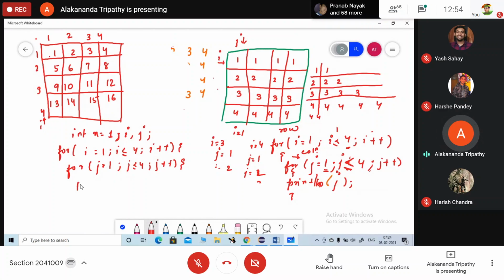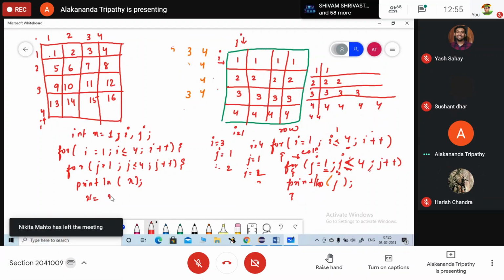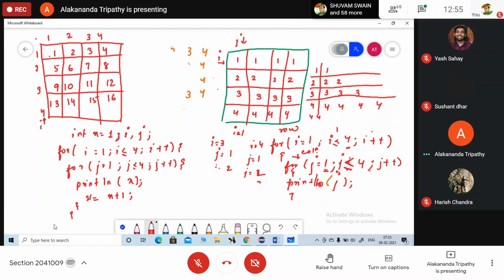What will be printed here? println, which value are you printing? x. Then x equals to x plus 1. Okay, close the loop.